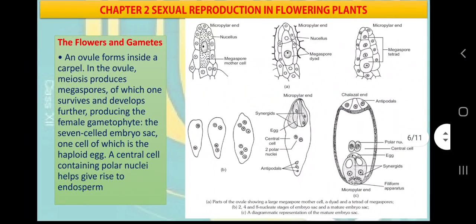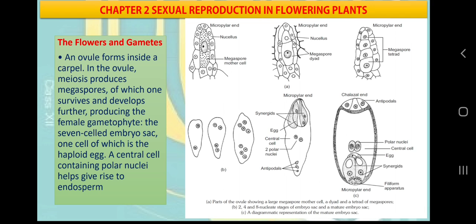So this structure is very important from your exam point of view. This is the development of the female gametophyte, and it is also important; many times in board examinations questions have been formed on it. So now we have completed the development of the male gametophyte and the female gametophyte. Let me remind you again. Microspore is the first cell of the male gametophyte, and the pollen grain is the male gametophyte. Here, megaspore is the first cell of the female gametophyte. What is the female gametophyte? The female gametophyte is the embryo sac.